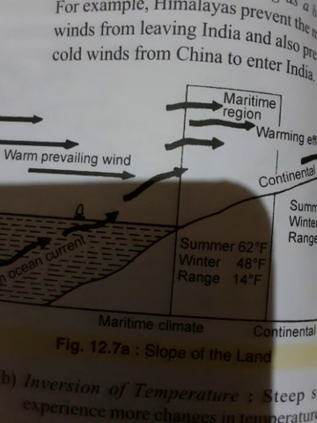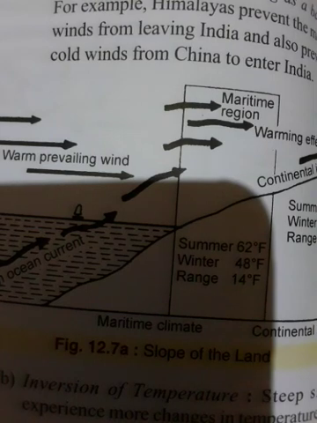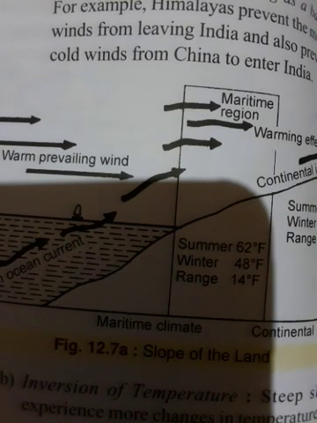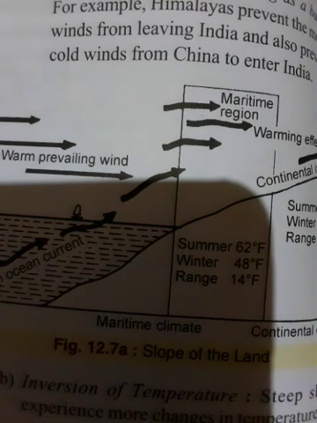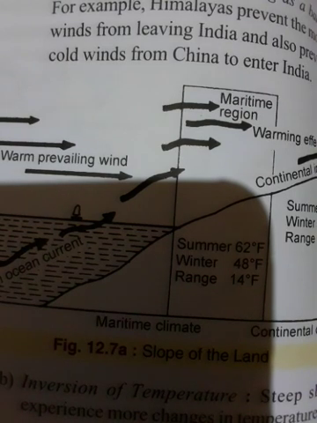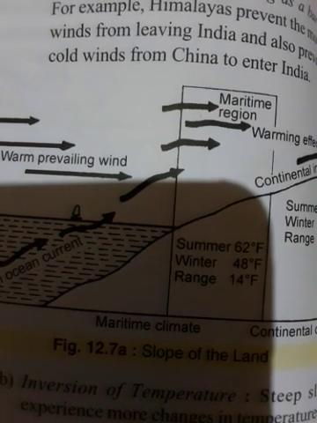Direction of slopes of the land. Slopes facing south in the northern hemisphere are warmer than those facing north because the sun rays strike the south facing slope at a steeper angle than they do at the north facing slopes, which are also called the shelter slope.